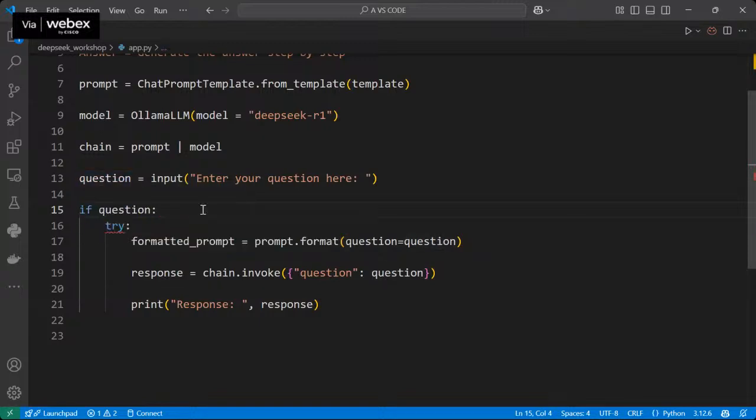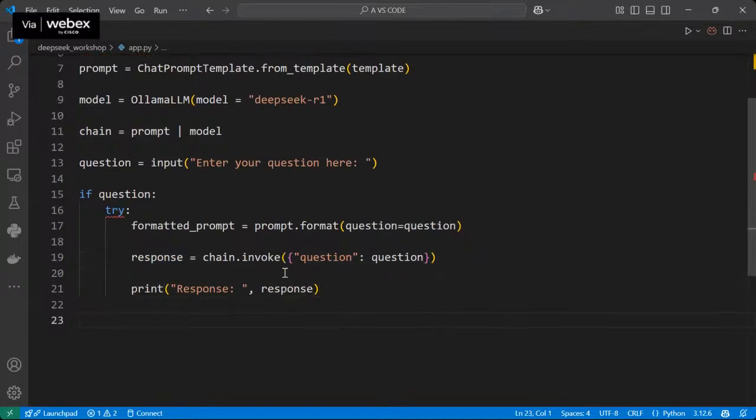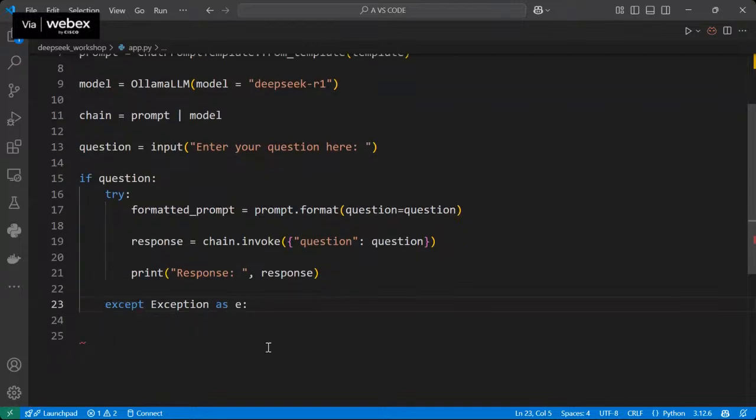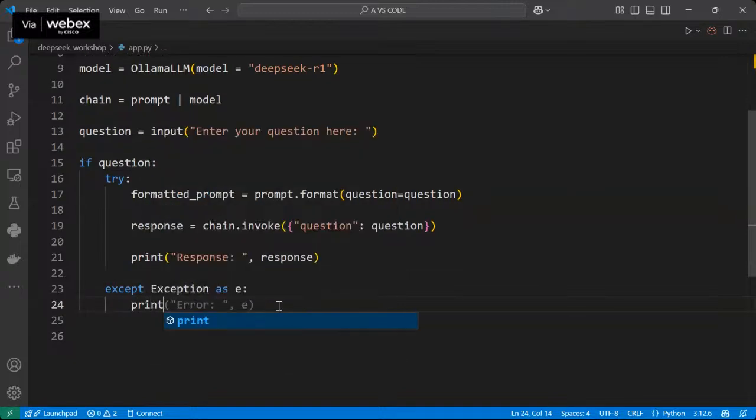Try, formatted prompt format question equal to question, we're done. And here response chain.invoke or run? Let's see. If it gets some bugs, then I will change to run. Response is done. So let's add an except block and raise an exception, and print the error.